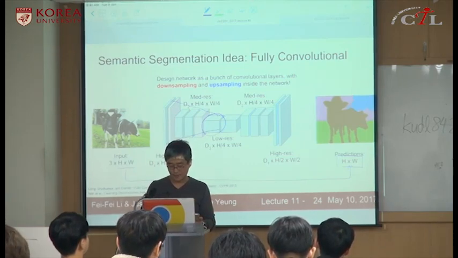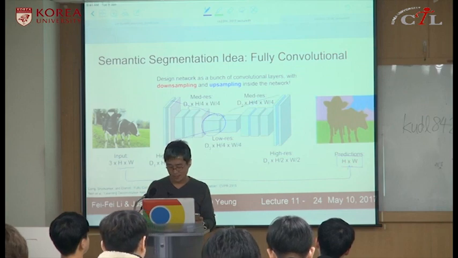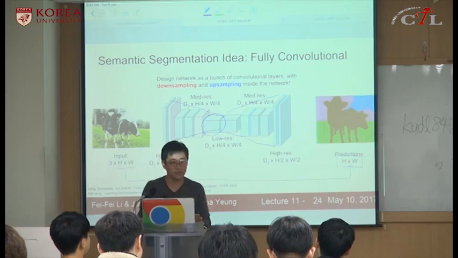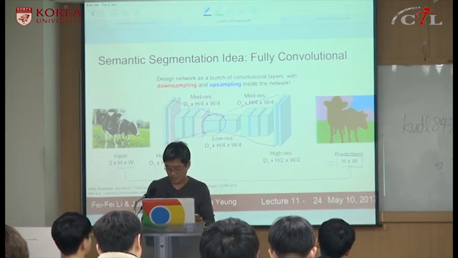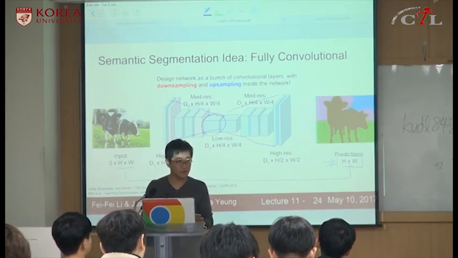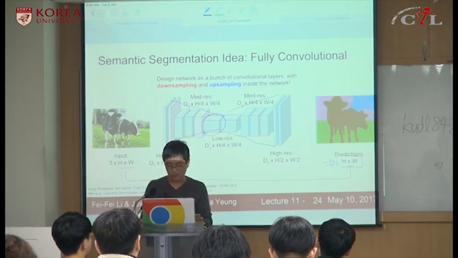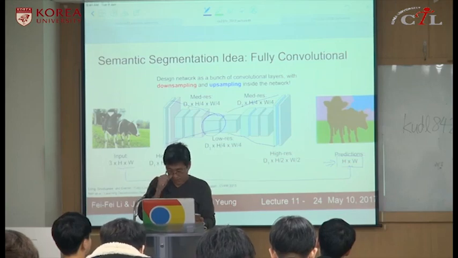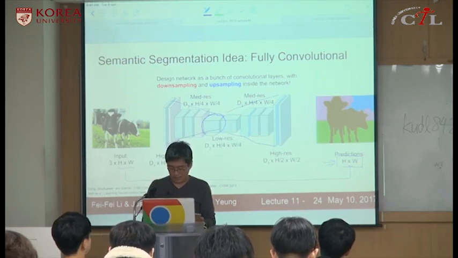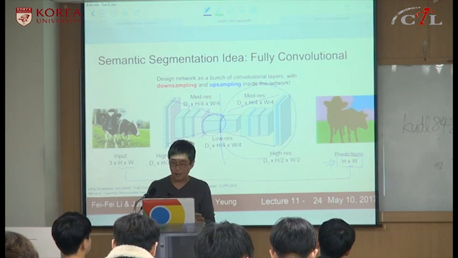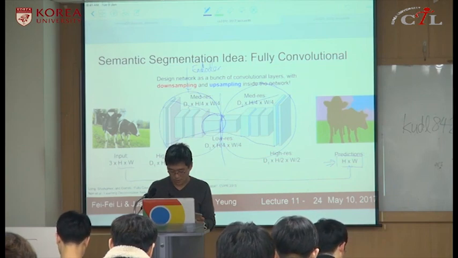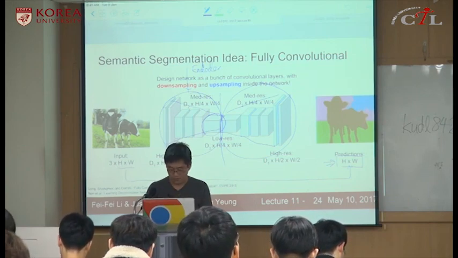And then from here we increase the spatial resolution so that we obtain the same size as the input image. This first half is called the encoder, and the latter half is called the decoder,